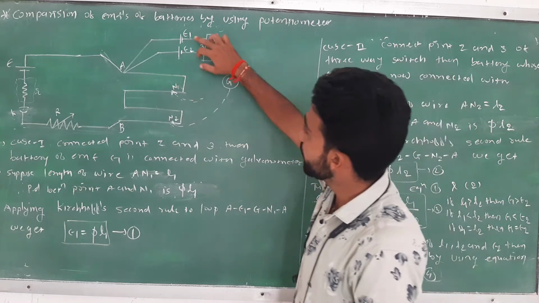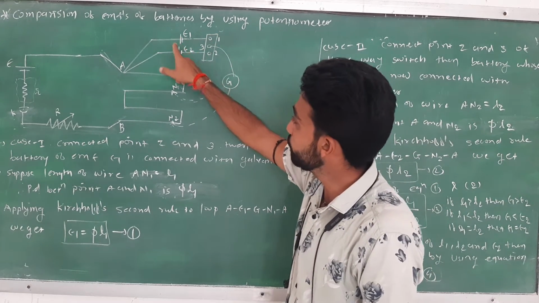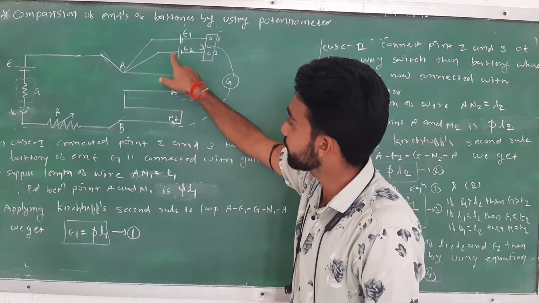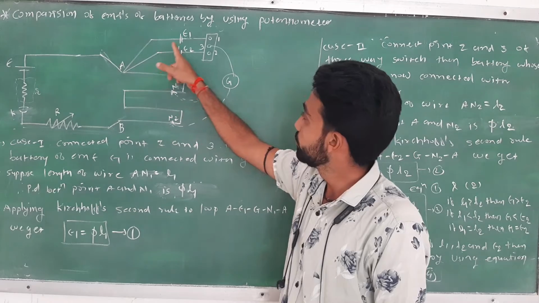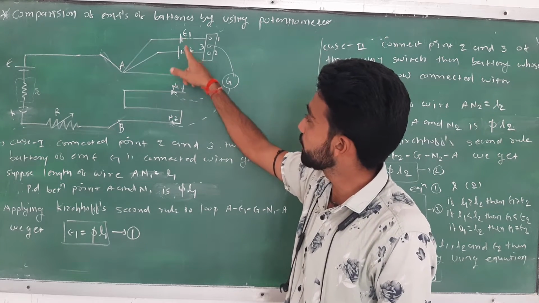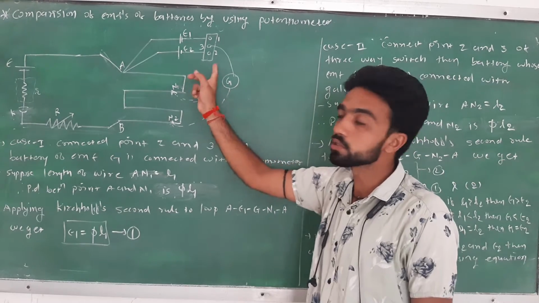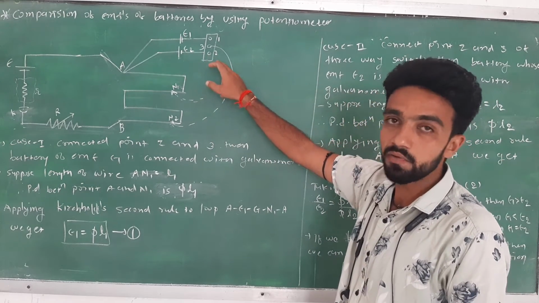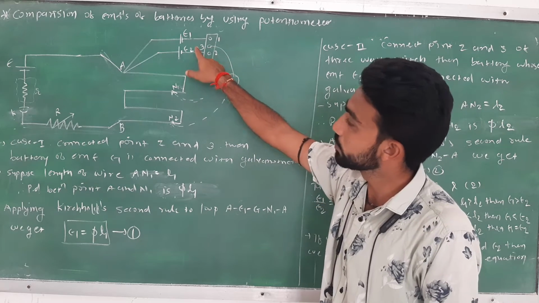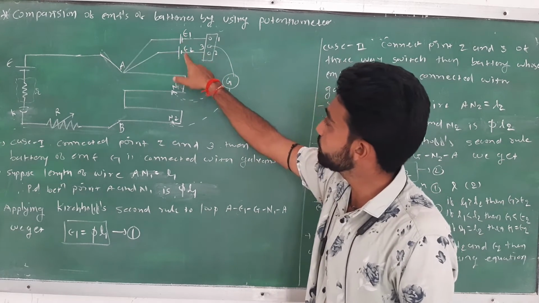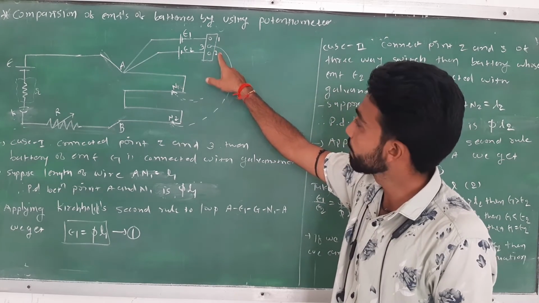The two batteries are connected in parallel. The positive terminals of these two batteries are connected at point A, as shown in the figure. The negative terminals of the batteries are connected at points 1 and 2 of the three-way switch. What is this? This is a three-way switch. It has three points, 1, 2 and 3.